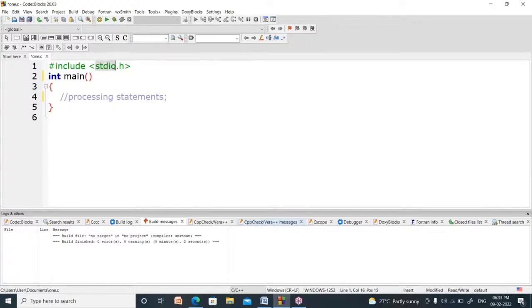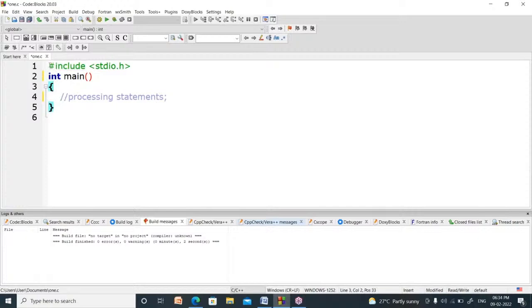Its name is standard input and output. H means header file. So to build our applications, we require a lot of tools. Those tools are already developed by Dennis Ritchie and kept in header files. That header file is called stdio.h. Before using those functionalities, we have to include this. So stdio.h can be included by using hash include.